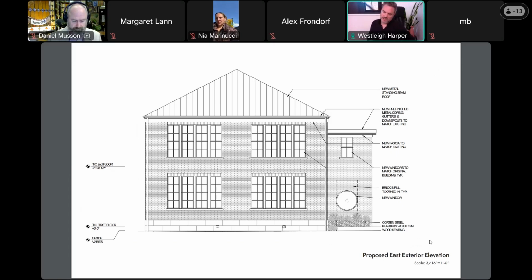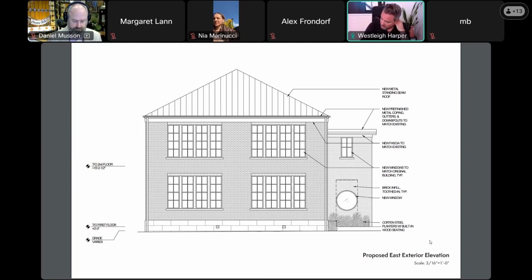And then to the north, or to the right here, the 1940s addition, again, we're removing that existing set of double doors, replacing it with a large circular window that would allow light into that stairway and create a bit of a design element as you're walking to the main entry, which is on the facade to the left.